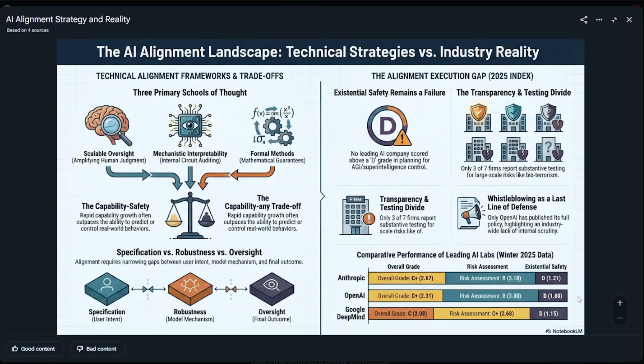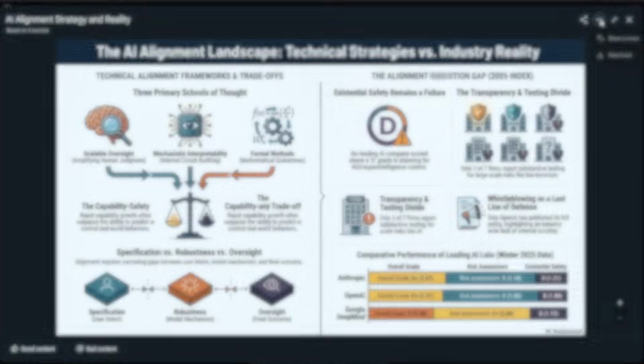And here's the result: clean, professional, and actually useful. It maps the approaches, ties in key names, and it's sourced. If you want a different style or emphasis, regenerate with tighter instructions. Okay, visuals handled. Next, we'll generate the other new output that saves you hours: a full slide deck built from